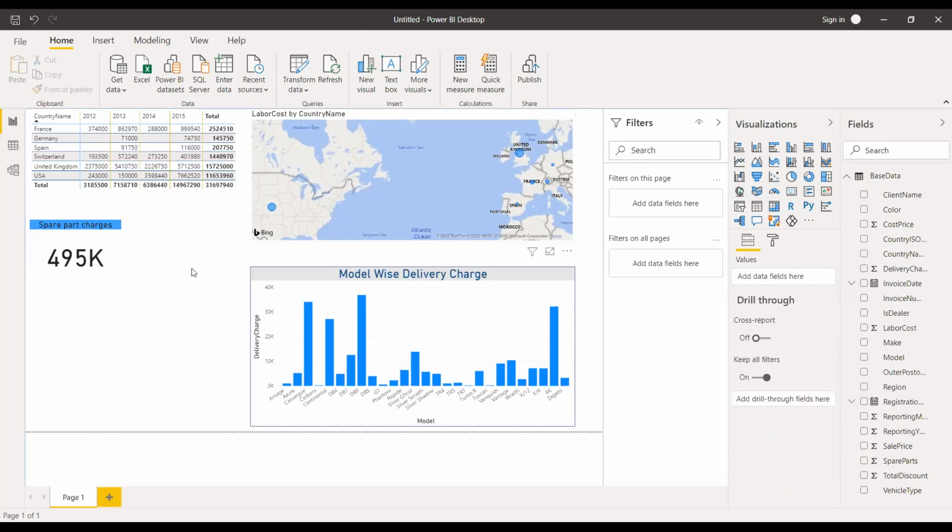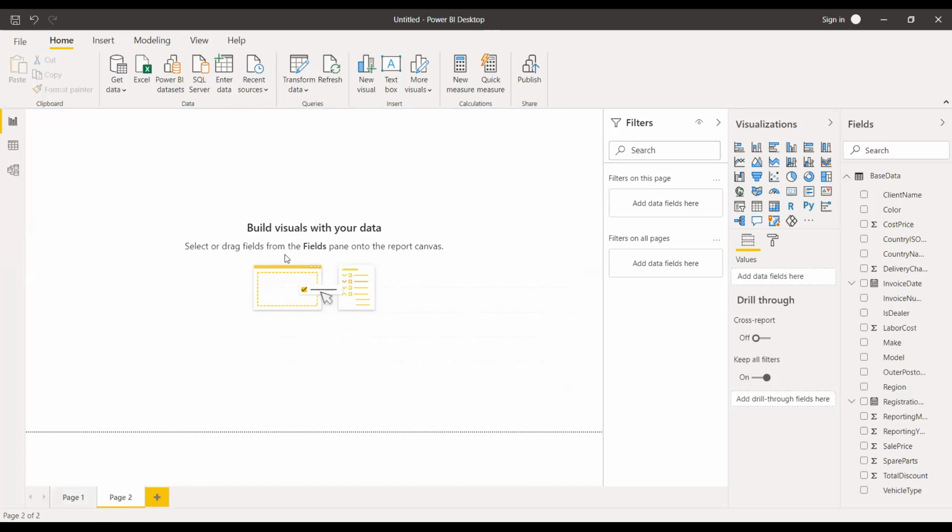So this is the way to adjust the different headings of the reports, and Format Painter will help you to adjust that. Formatting report, I'm just skipping the formatting reports. Now you can add pages to your report by just clicking this plus button. If I click on this plus button, we have another report here.